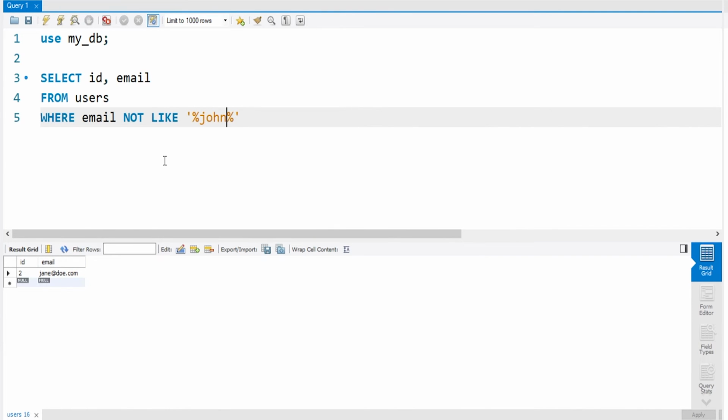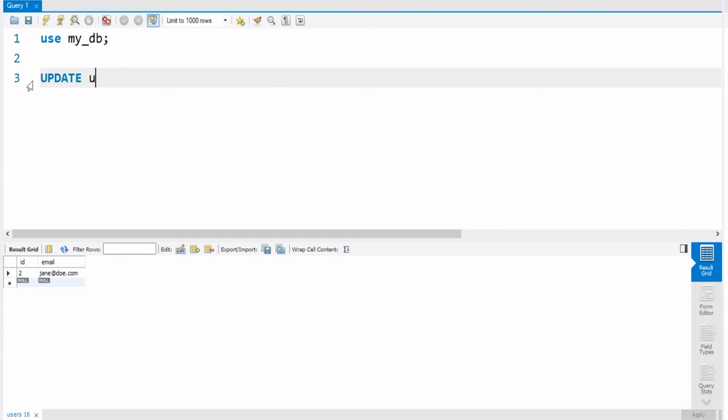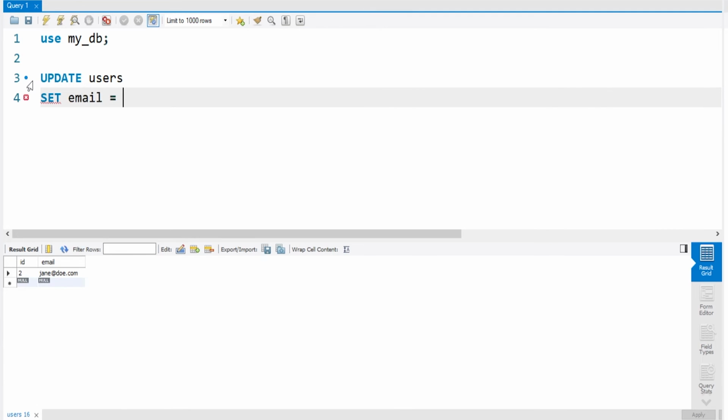So we covered insert, we covered select, we covered create table, drop table, modify columns, and so on. Now let's cover how we can actually update the records. So let's say that we wanted to change the email of the Jane Doe. We could use the update statement for that. So we could do update users set email equals to